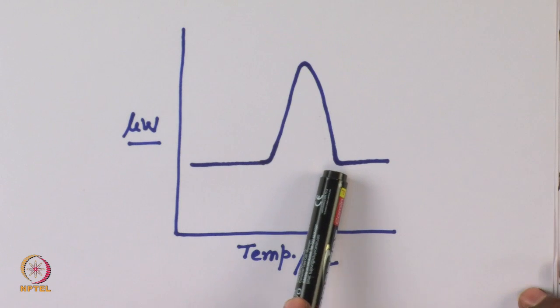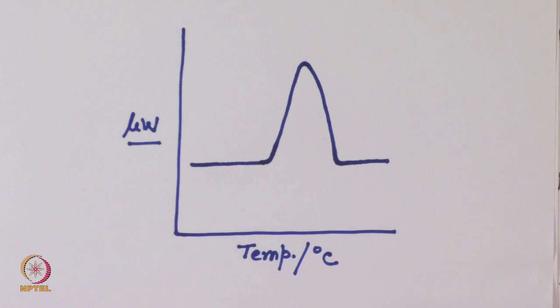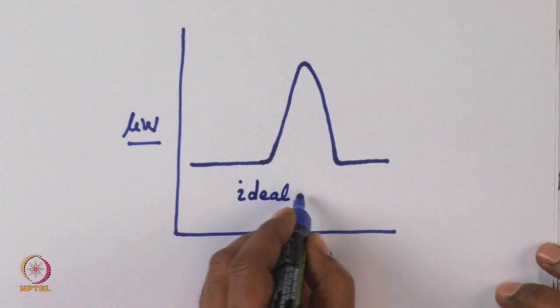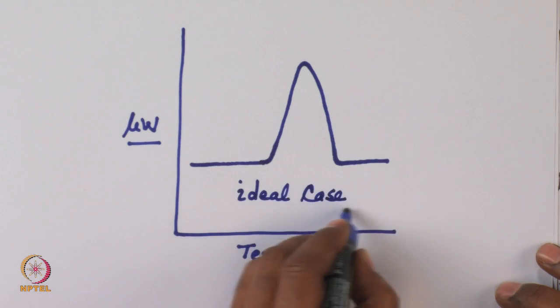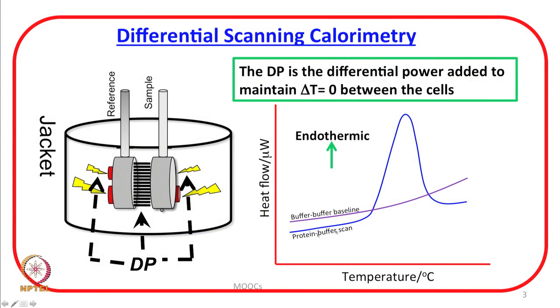There is no difference in the power given to the sample and reference cell at the end, but this is an ideal case. Let us take a look at the slide back. Here there is some slope, and the origin of this slope I will be discussing a bit later,